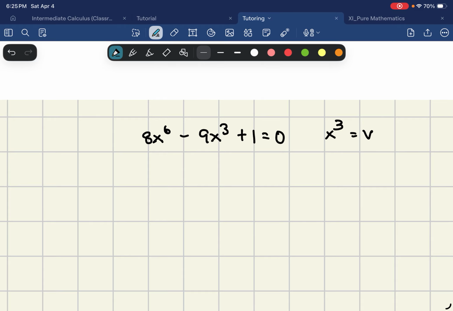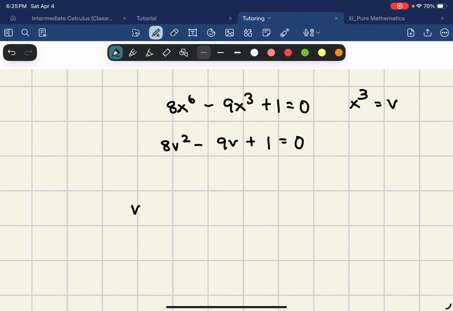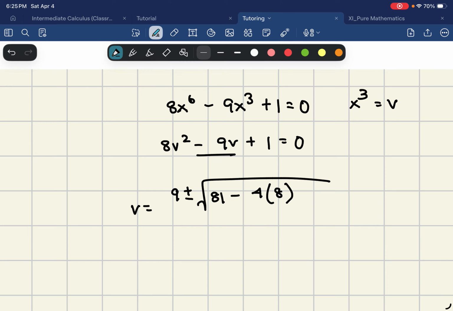So no restriction. v can be positive or negative. So 8v squared minus 9v plus 1 is equal to 0. And we can use the quadratic formula. So v is going to be minus of minus b, so 9. Right? So minus of minus 9 is plus 9, plus or minus the square root of 81 minus 4 times